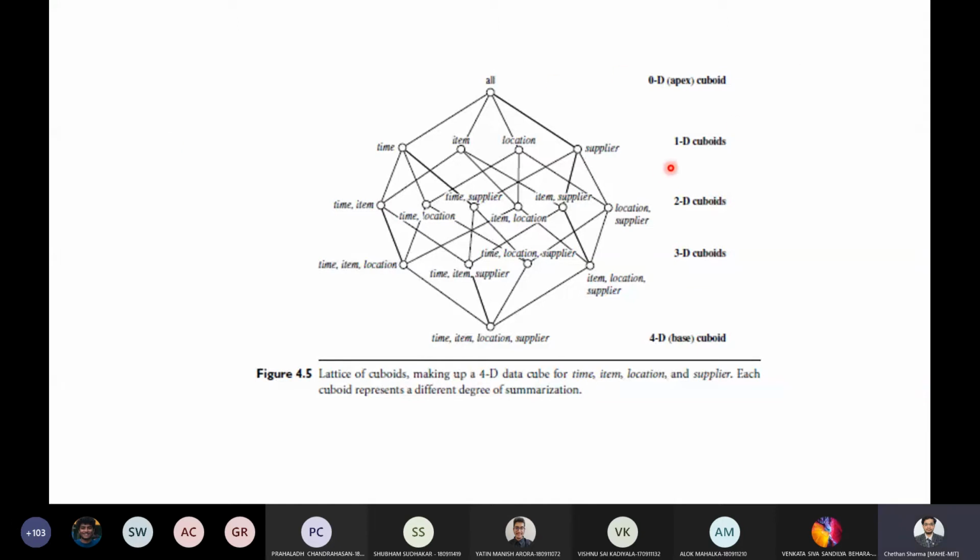These three, 1D, 2D, and 3D, are known to you. There is something called the base cuboid, which is the lowest level of summarization, and there is something called the apex cuboid or 0D cuboid, which holds the highest level of summarization. This apex cuboid is usually represented as all. All means it contains everything with respect to that particular subject. Here it is sales.